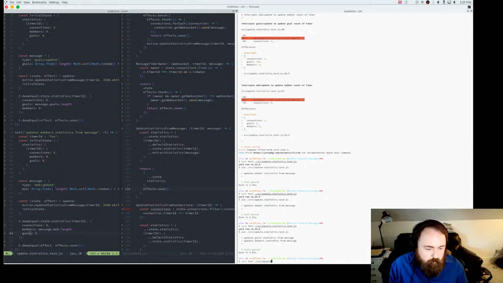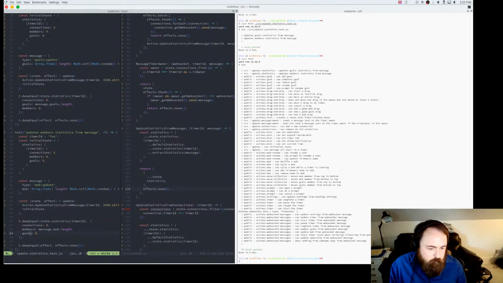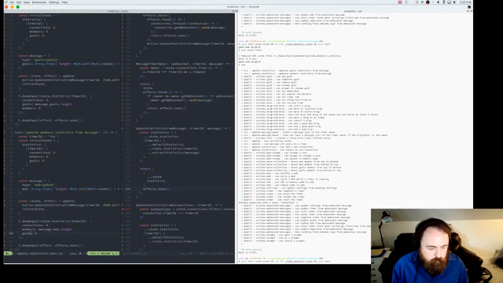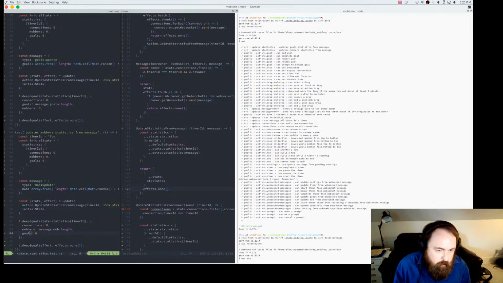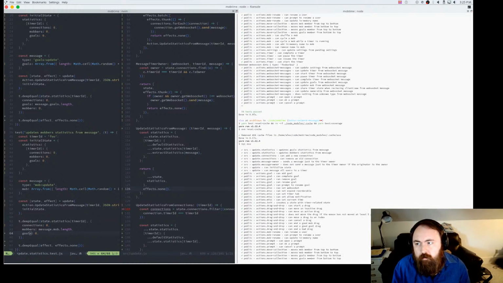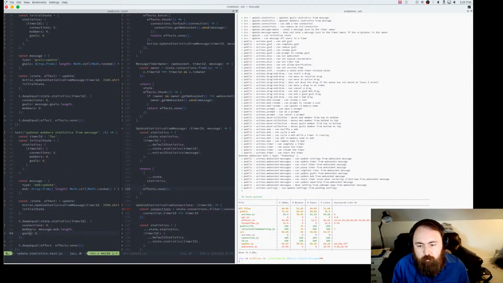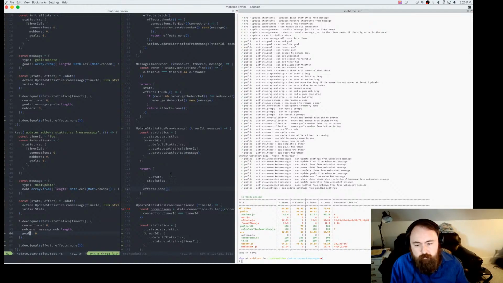Cool, and now if I run everything, all tests are passing. Actually, I want to do coverage after clearing the cache. I've been finding too with Ava and NYC, which I don't know if it's a shortcoming of which framework, but if I don't clear all the cache all the time, sometimes it just misses a bunch of these coverage things. I don't know what I think about that, but it looks like actions wouldn't have anything covered, but update, we've got most of it covered. We have something on line 24 that isn't.